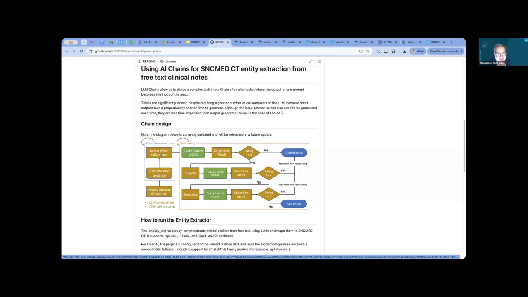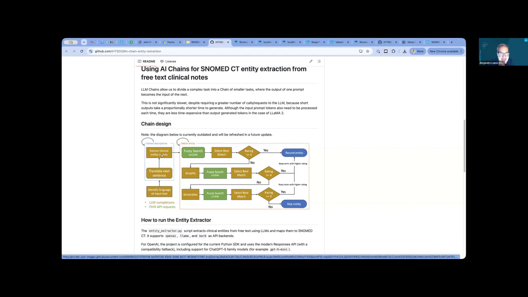So it's completely unusable. But if you go to a more modern model, or if you have the model set up in a way that the model knows how to use a terminology server, what it will do is, if you're looking for asthma, it will go to a terminology server in the same way that we showed you before, and it will search asthma in the terminology server and choose the right code. And it will be really precise.